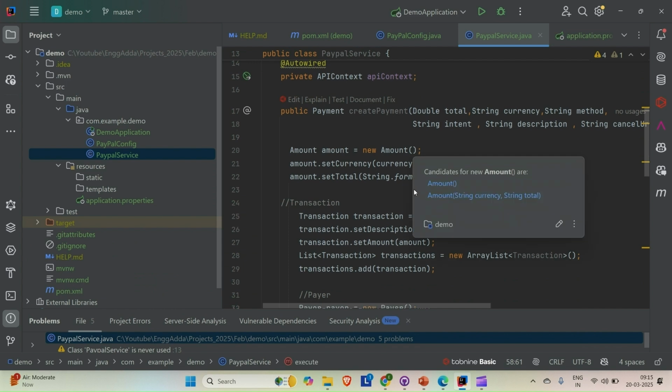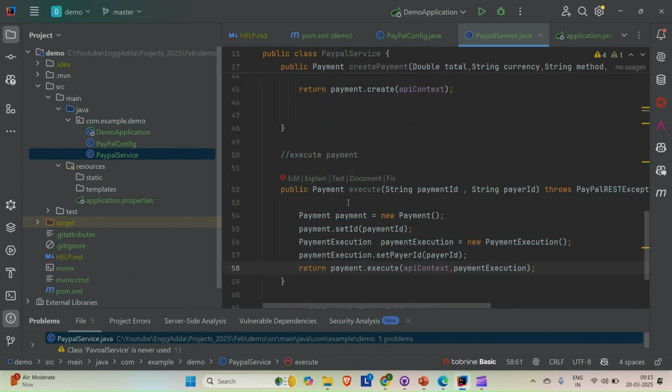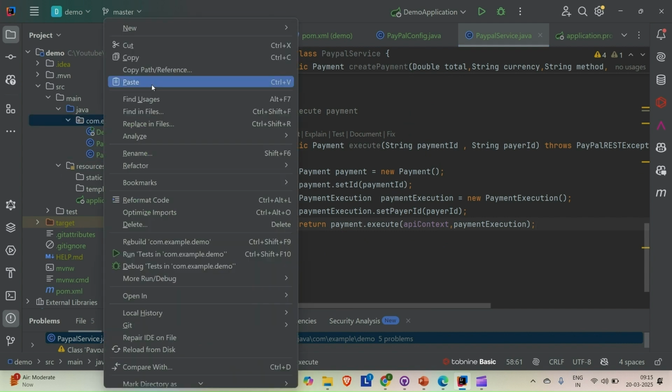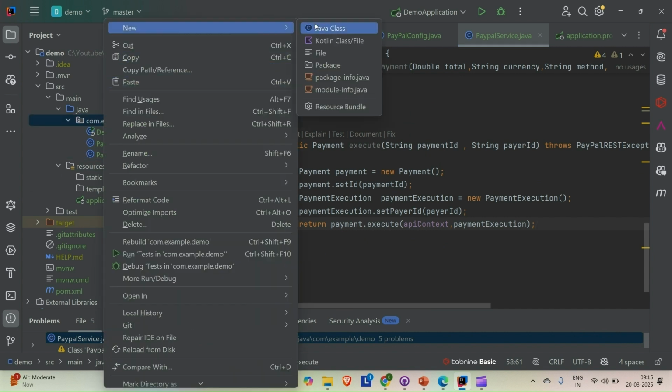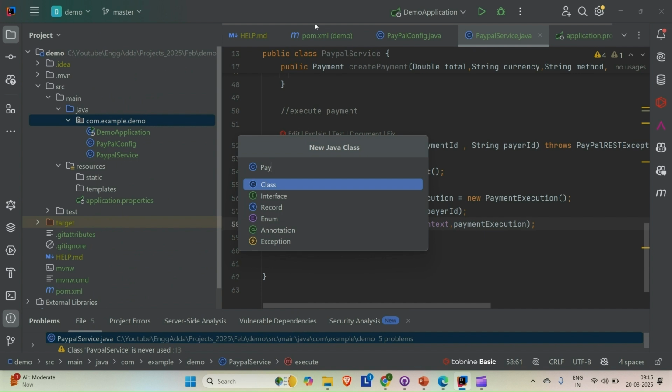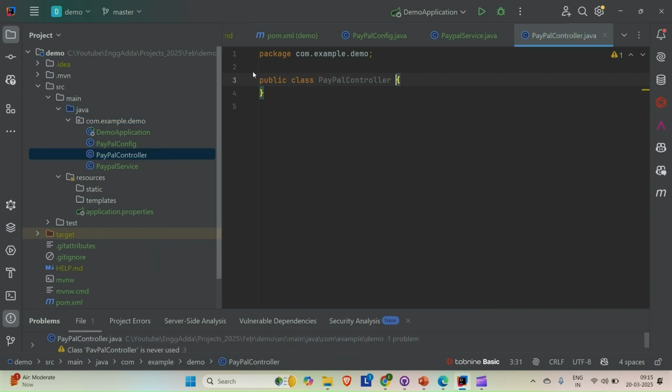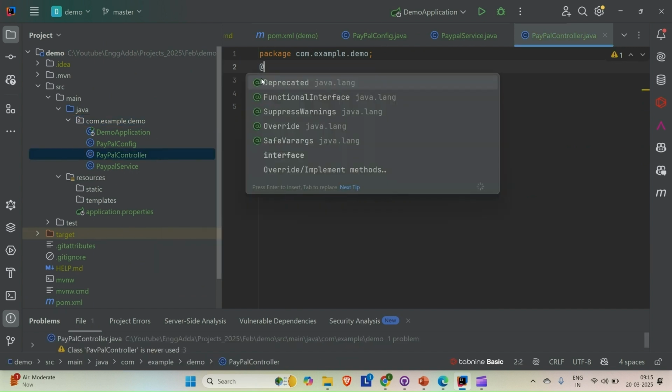We created this payment method, create payment method, and we created this execute method. Now we need to go to the next layer, which is controller. Okay, and here we need to create the APIs. Okay, so let's say PayPal controller, and we are good. Now we need to annotate this with @RestController,